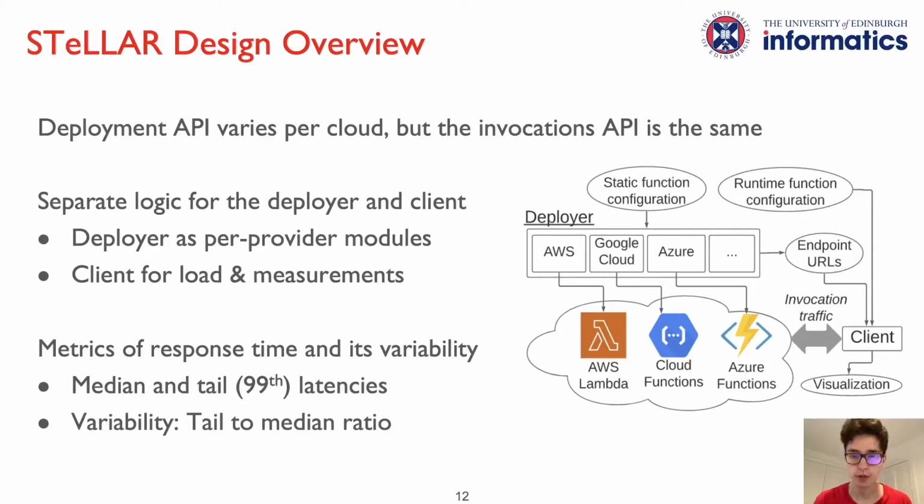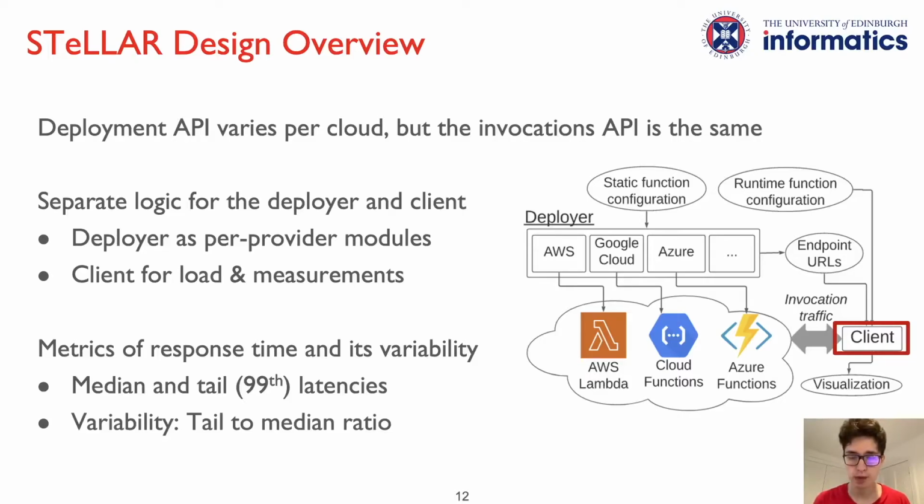and performs the measurements. Using a static configuration file, the deployer automatically configures and deploys the requested set of functions, producing a file with the corresponding set of endpoint URLs, one for each of the deployed functions. After deploying the functions, one can run the STeLLAR client, which drives the load to these functions and measures their